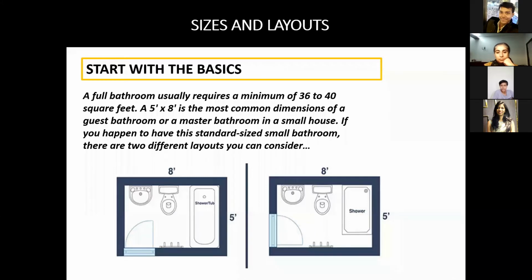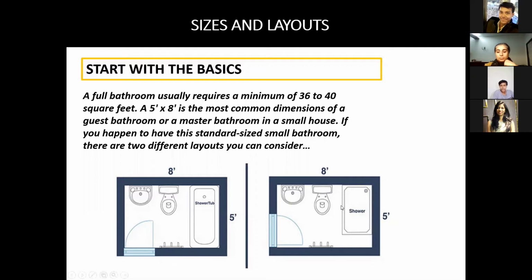So in the first layout, we can see that in front of the door there is a wash basin, then the toilet seat, and then the bathtub. So basically, the toilet is divided into three areas: the dry area, then semi-wet, and the wet area. We try to keep the wet area at the far end of the toilet, that is the shower cubicle or the bathtub.